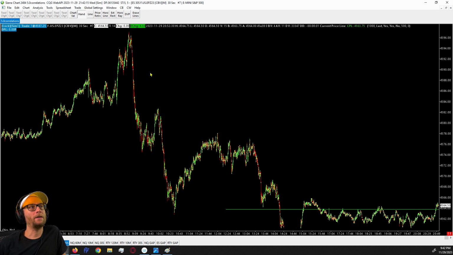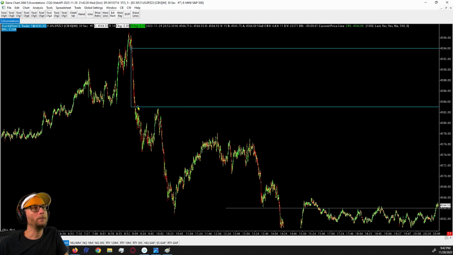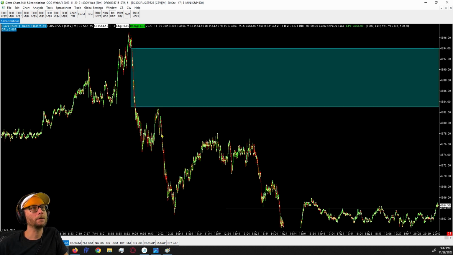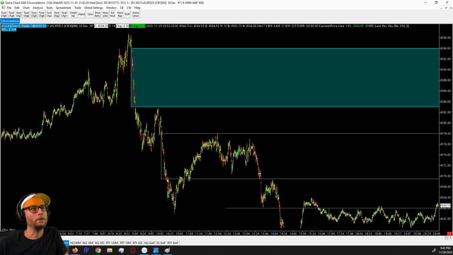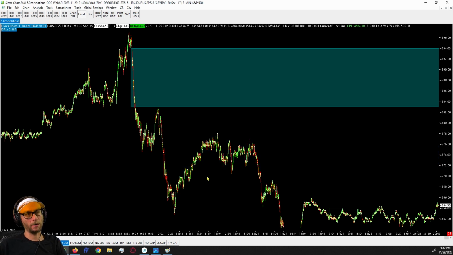So when you have a down move like this, there's a reclaim up here. Once you subscribe to the channel, you'll notice that I make blue boxes like this, okay? And these are reclaims. Again, there's a video on it. Once it comes back through, it's going to be a slip zone. So it comes through down here, and then it comes back up. So that reclaim got taken back, right? And it walks up.